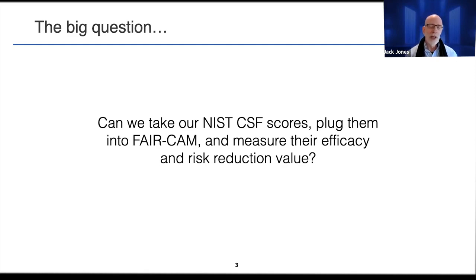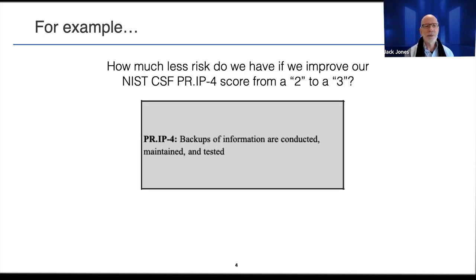And I think the answer will become clear as we go along here today, but I get asked that all the time, and that seems to be an item of significant interest because NIST CSF is so broadly adopted and viewed as sort of fundamental in so many security programs that it just makes sense to ask that question. I mean, why can't we take this peanut butter and this chocolate and put it together into something particularly yummy? So let's look at that a little more closely.